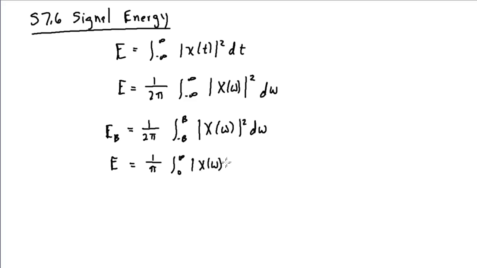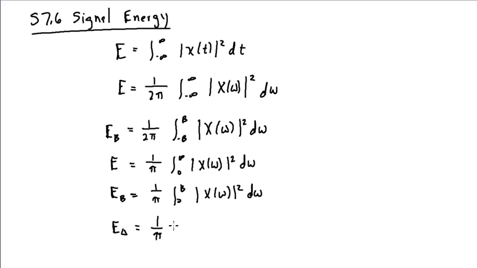So |X(ω)|² dω, or for the energy within the frequency range 0 to B, similarly I can just integrate out to B. I can also extend this definition to get the energy within any particular frequency band, say between ω1 and ω2, by just integrating over that positive frequency range. So let's look at an example problem. This is problem 7.6-6,